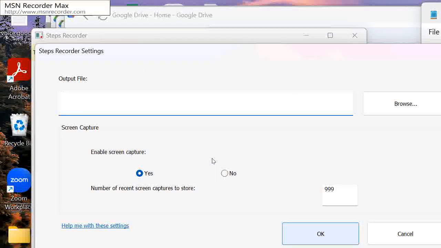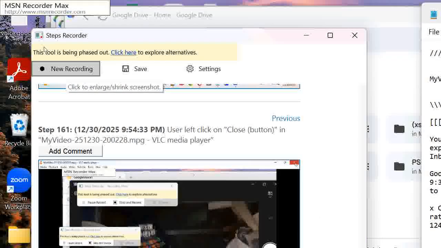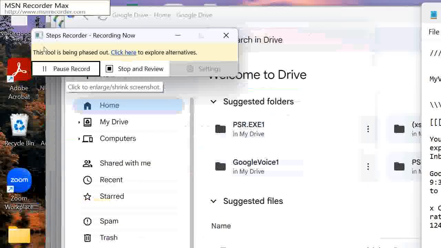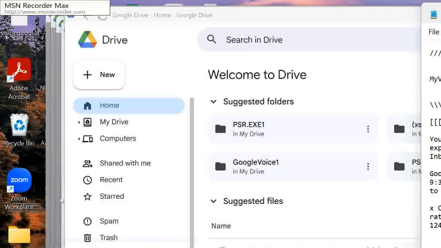It stores screen captures and keystrokes, and I start a new recording by clicking the new recording button of the program called Problem Steps Recorder, psr.exe. Click the new recording and then drag the new recording dialog box to the bottom left of the screen as